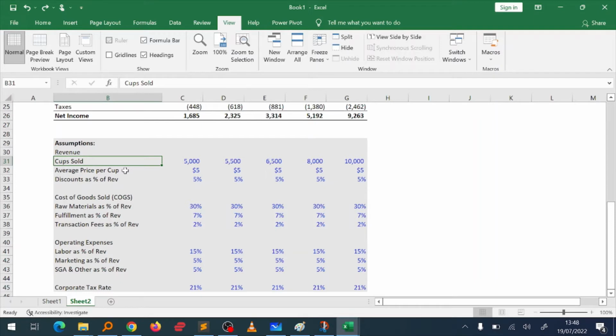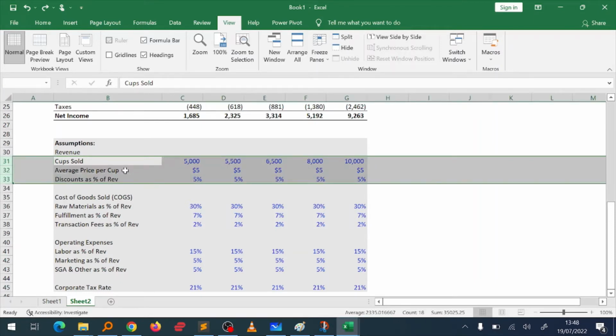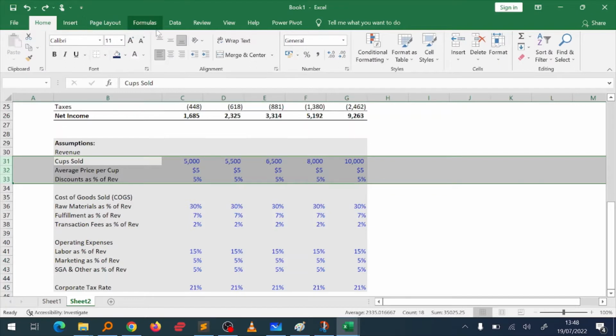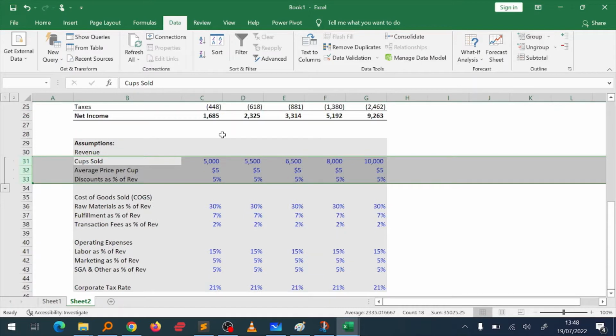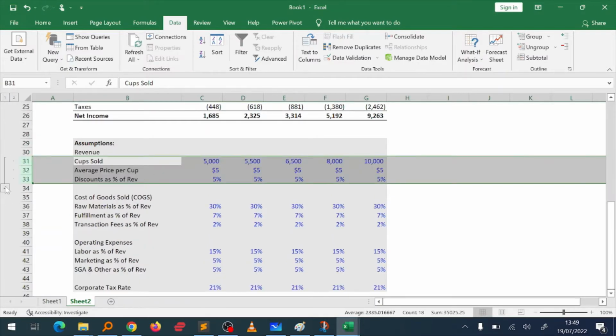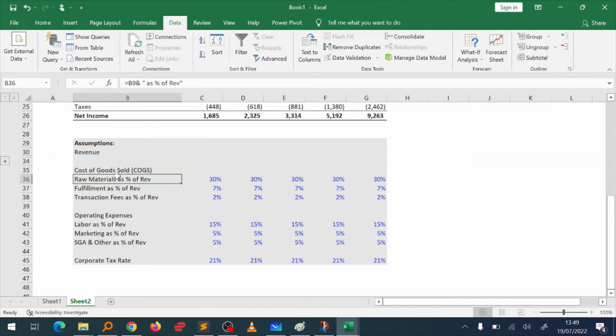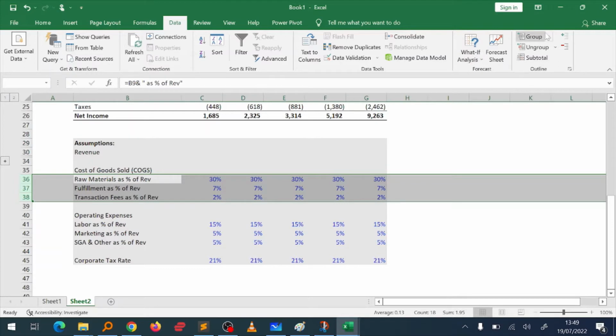So you want to press Shift space, shift down. We can go to home here. We can go to data, then press group. So when you group this, you can see very distinctly that there's something that's being grouped. When you click this, it will group it, and then when you open it up, you can see what's inside there. So you can just group this, come here, shift space, shift down, do the same thing for this group,